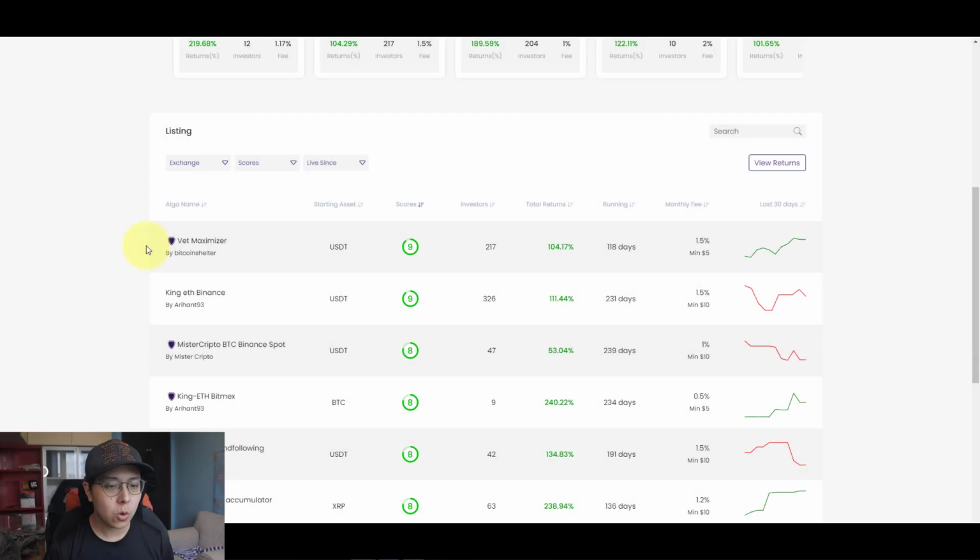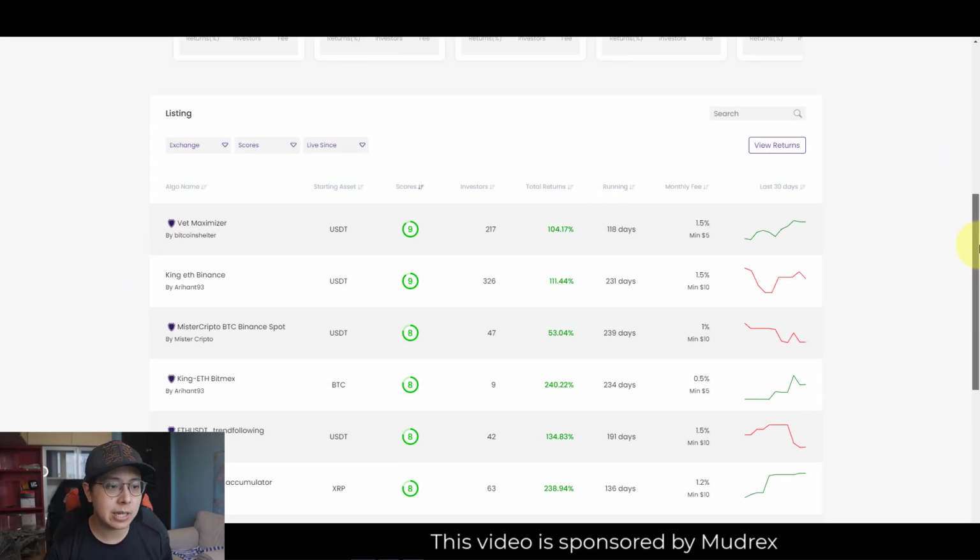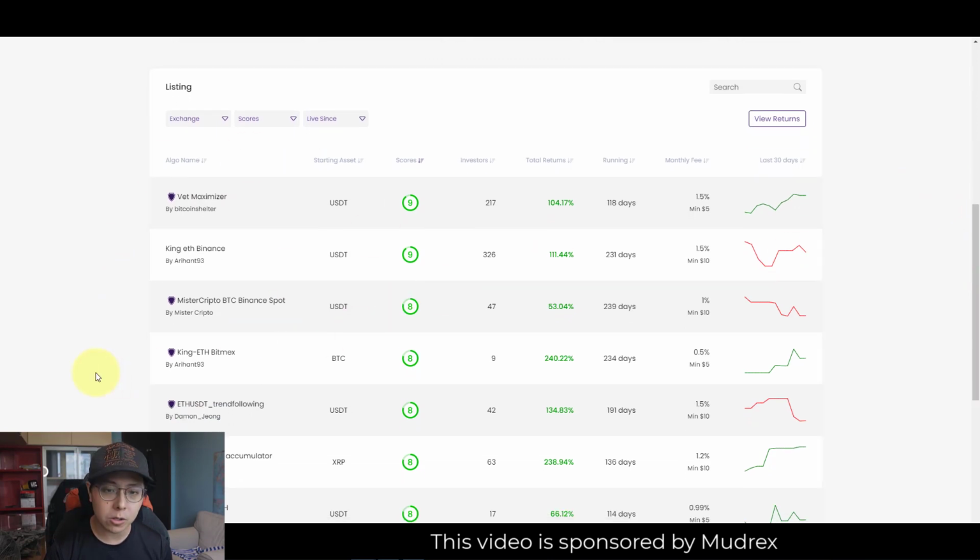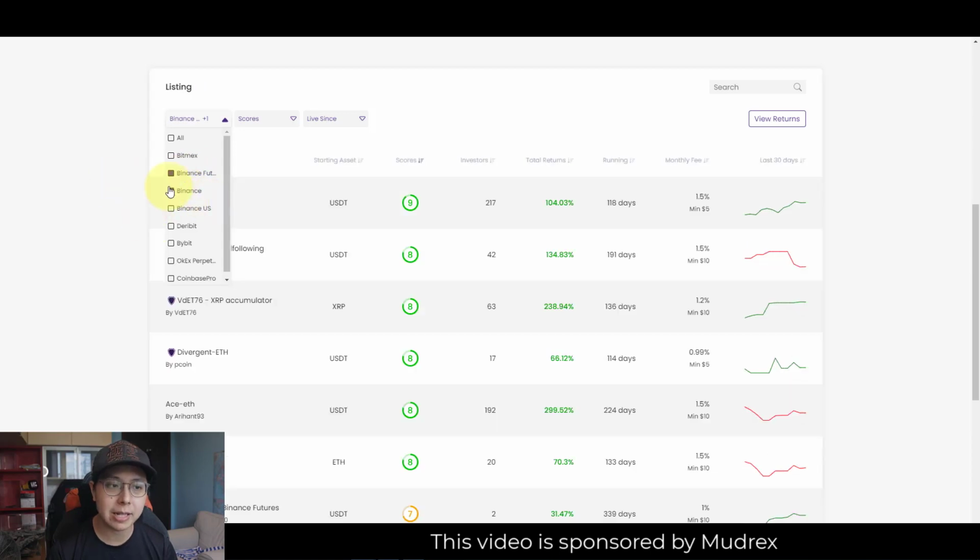I think that's a very key highlight, and I feel comfortable and confident about this platform. Having said that, you can come onto this page and see that they have a couple of different bots already running. At the top you can see listings. They have multiple exchanges, with Binance and Binance Futures being the top. Some of the bots are only applicable to certain exchanges, that's how the API works. Binance and Binance Futures is the biggest, so you can filter by selecting only these.